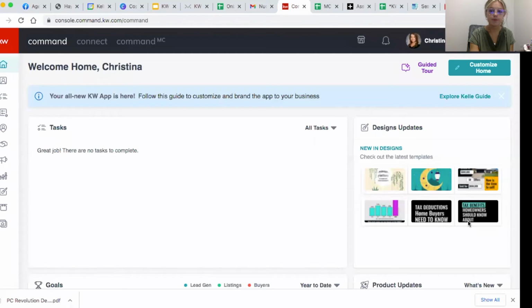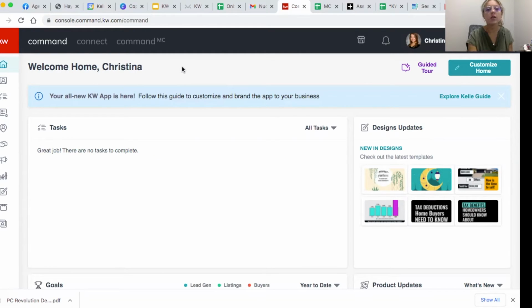Hi guys, so today we're going to be covering how you can send different images or pictures through an email campaign within Command. So let me start sharing my screen. So this is the dashboard. This is what you see when you first log in. And first things first, what we want to do is actually upload the pictures that we will be mailing out